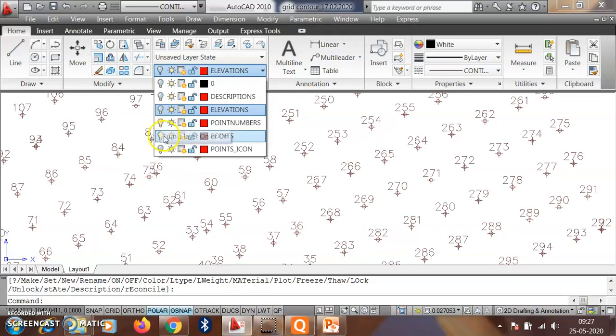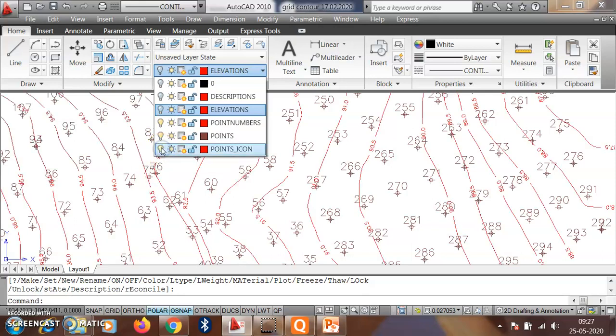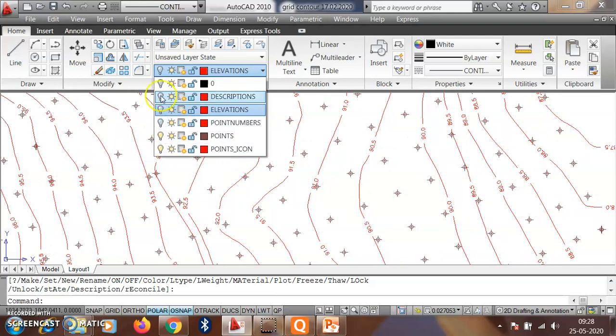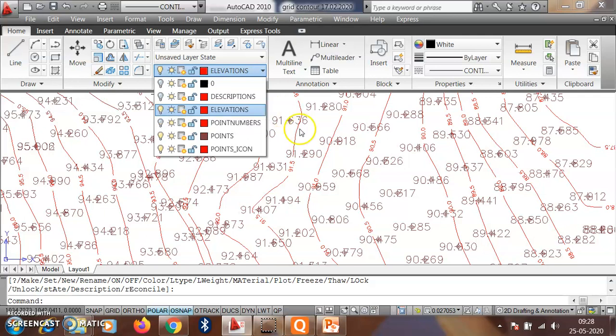Suppose we require only the contour lines; then we can draw those. So we get the contour positions specifically. Suppose instead of point numbers we require only the elevation. In that case we turn it on and we get the elevation of that particular point.